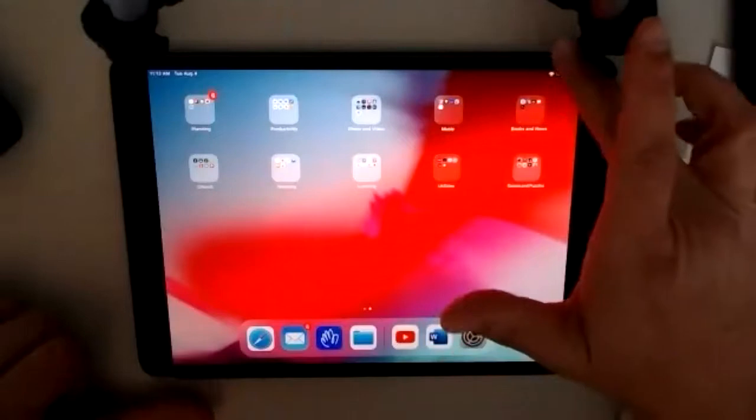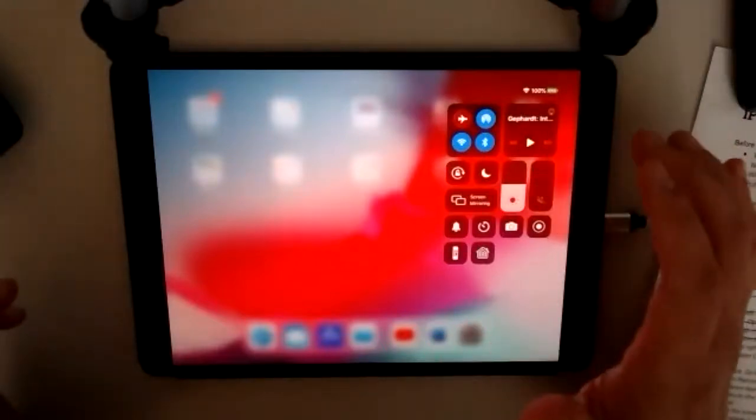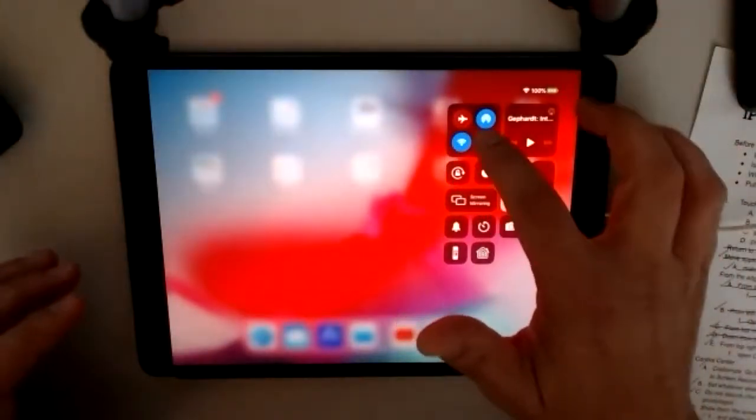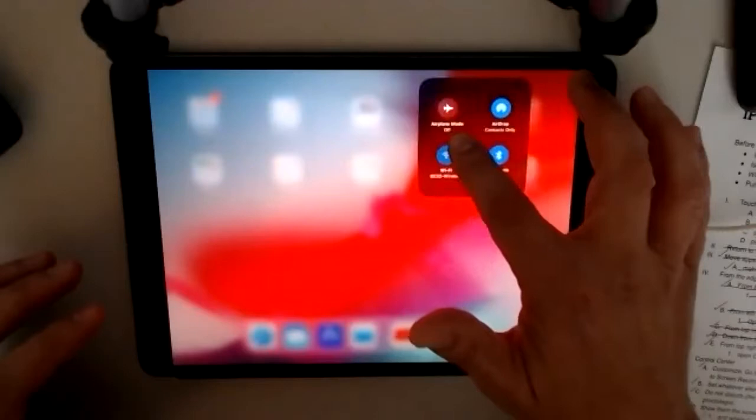Last but not least, from the top right, if I swipe down, it opens the control center. The control center to me is the handiest part of the iPad. I can do all kinds of things in the control center. I can start my video or my music that I had playing recently. I can turn on and off the Wi-Fi, or if I long press on the Wi-Fi,